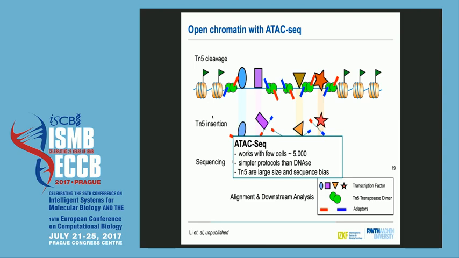So the advantage is that it works with few cells, so it's easier for the experiments to do. It also takes fewer hours, so you can do it in half of a day, while DNase takes up to 1 week. But the price is that it's Tn5, they are larger proteins, and so overall the cleavage cuts are